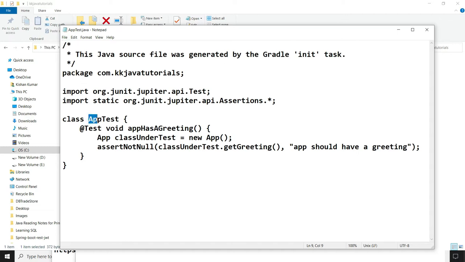The test class name is AppTest, and here you can see there is one test method that has been created, which uses assertNotNull. So this is basically checking whether this method is returning not null, right? If that is the case, then it says the app should have a greeting. So this message is going to print if the test case is passed.